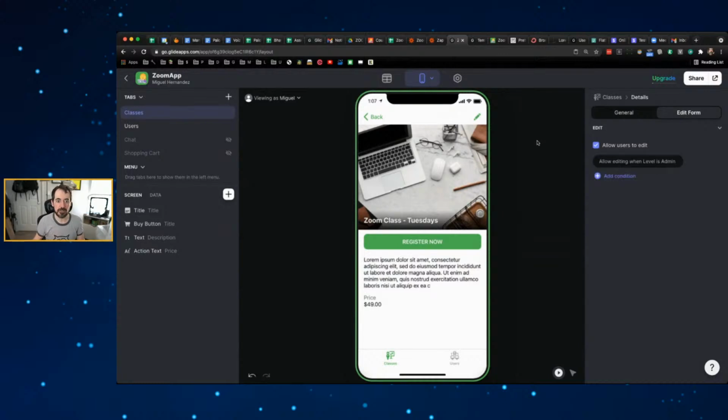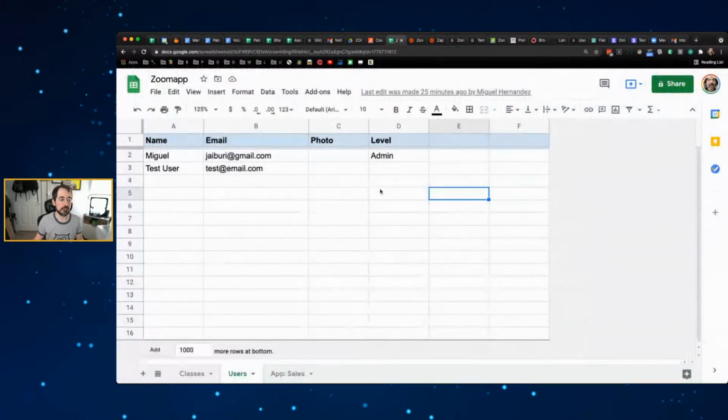The pencil icon is now available only for administrators. And that's why it's so important to be able to add access control. Not only that, if you are trying to sell access to specific content, paid content, you need to have access control. Because then you could set up that when somebody buys your course or access to your app,